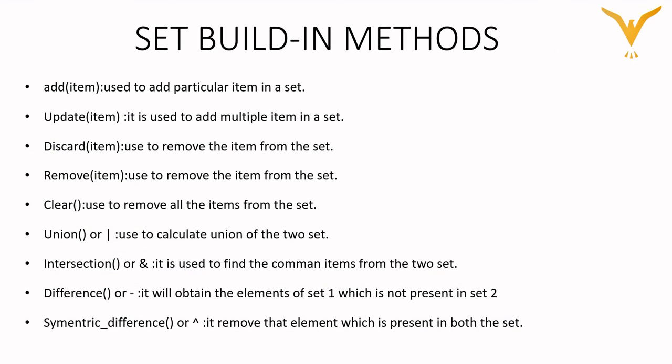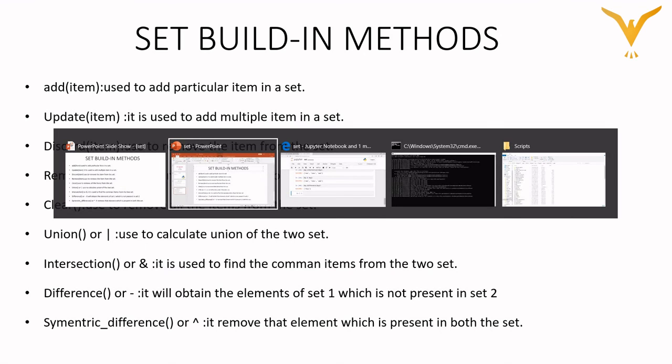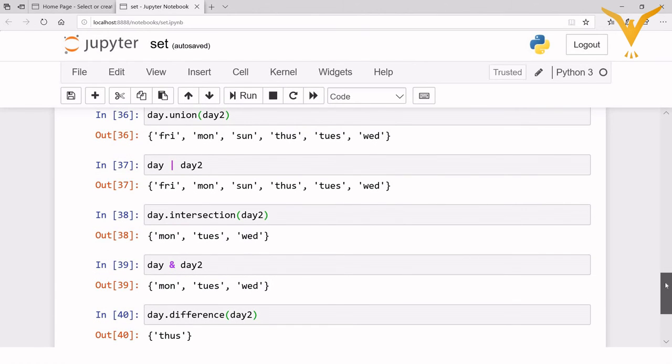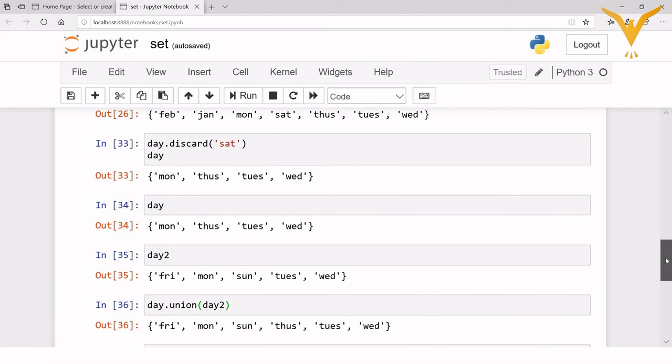It will obtain the elements of set 1 which are not present in set 2. So as you see, it obtains the elements which are present in set 1 but not present in set 2. Monday is present in both the sets, so this will be discarded.